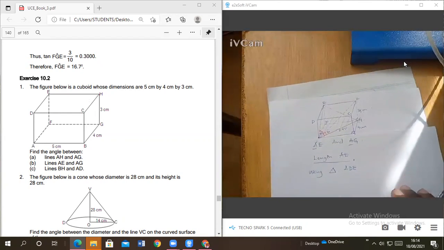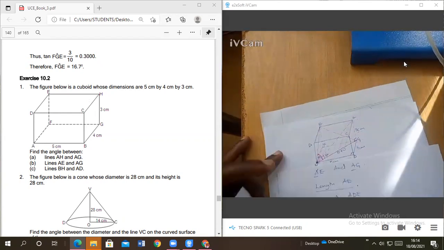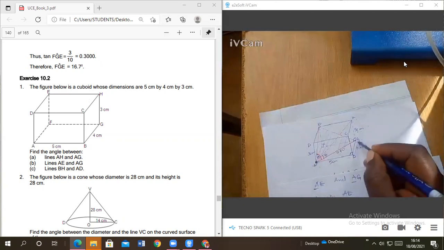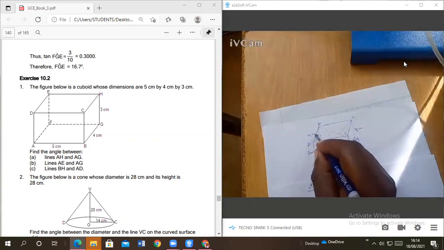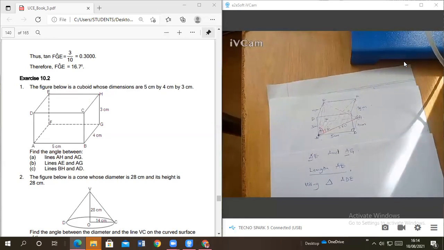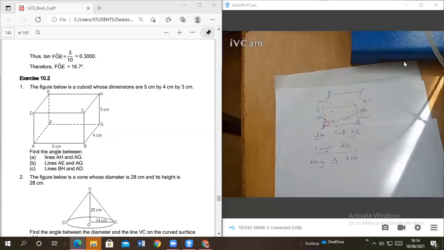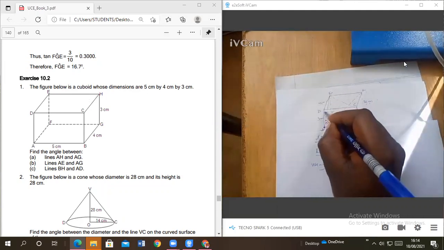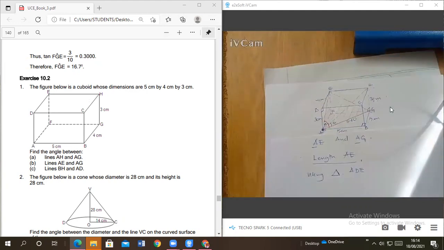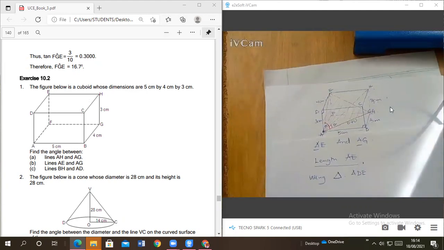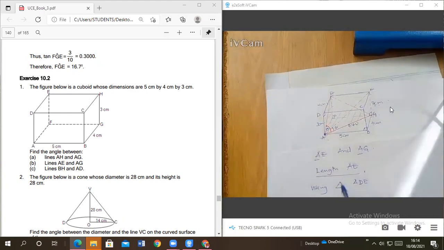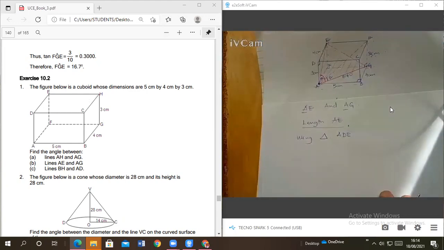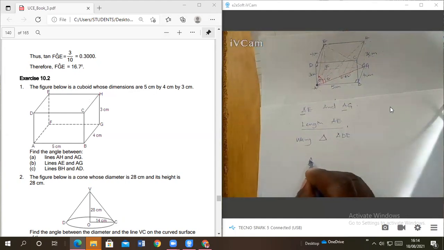Okay, correct. So we know this is 3, so this is 3 centimeters. This is 4. Patricia, are you following? Yes. Very good. So we are going to use this triangle here. But we know at this point it is 90 degrees. So how do we get AE? To get AE, how do we get AE? AE squared is equal to,